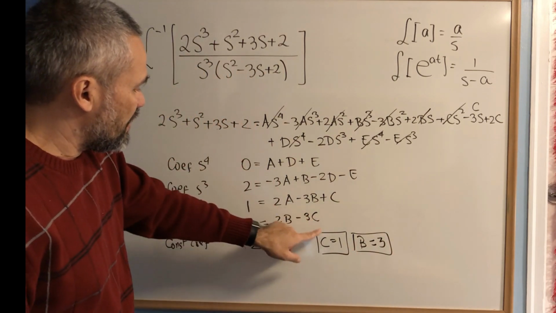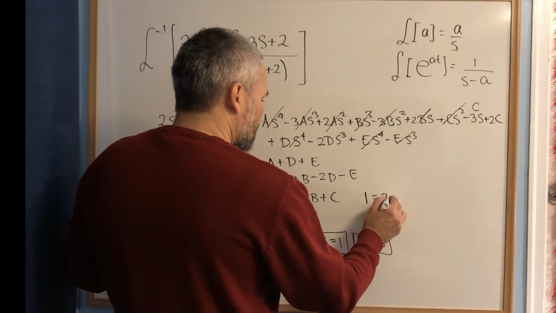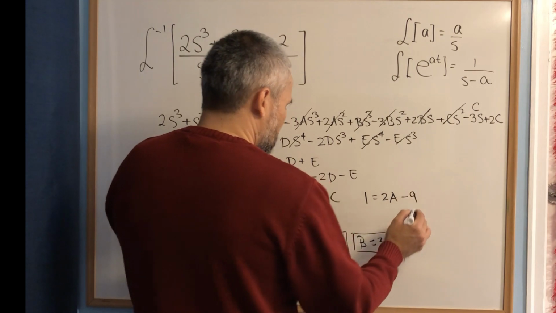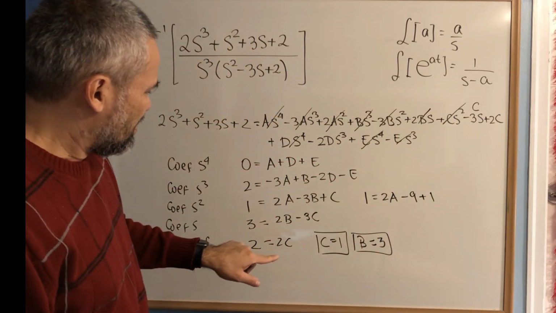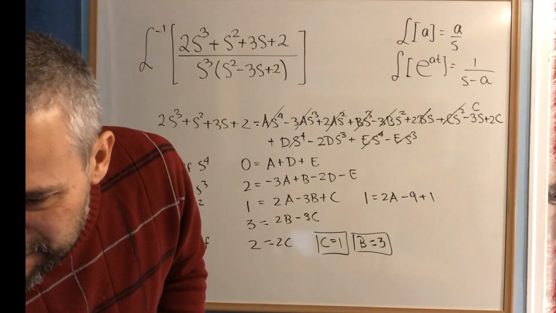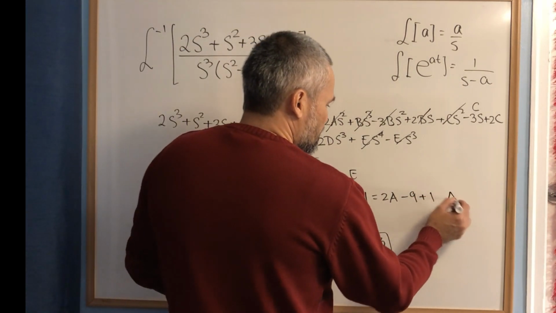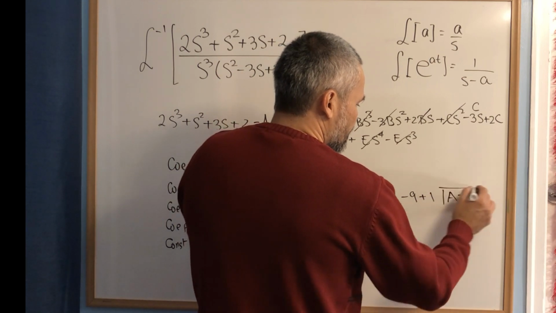And if c is 1 and b is 3, let me rewrite this equation. We have 1 equal to a minus 9 plus 1. The 1 and 1 cancel, so a must be 9/2,